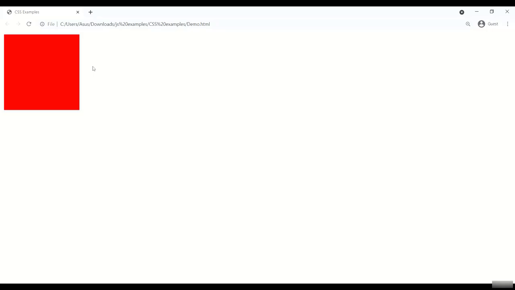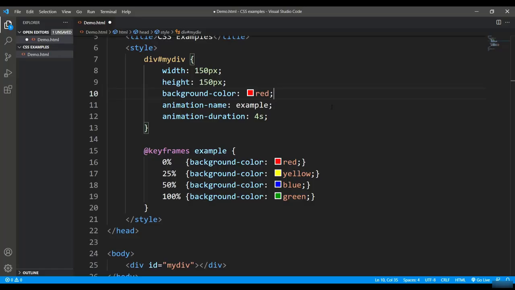Alright, so this is how it is happening, and once it is done, it is again coming back to red, which is the default color. So far we were just making changes in color. Let's see what all we can do. Let's make some changes in this particular code so that we will be able to make changes in